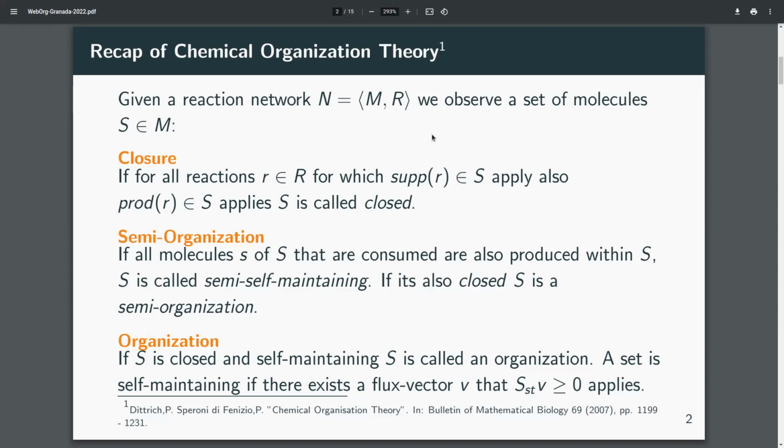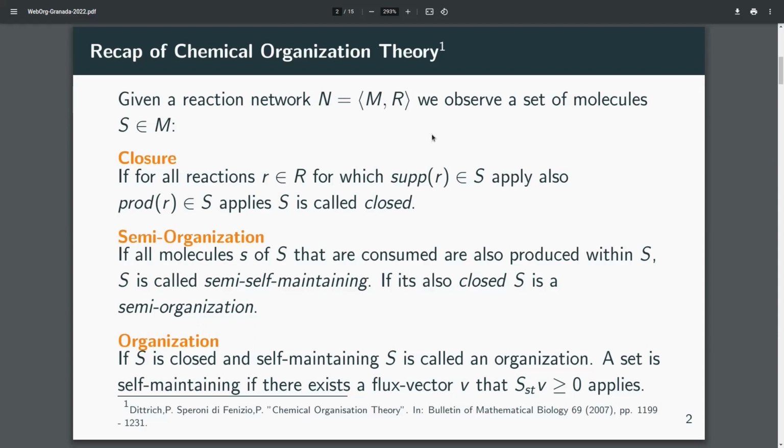A closure of a subset S of molecules is if for all reactions in R for which the support of this reaction is in the subset we are observing, all the products are also in this set. So if there's nothing new coming in from reactions of our set,